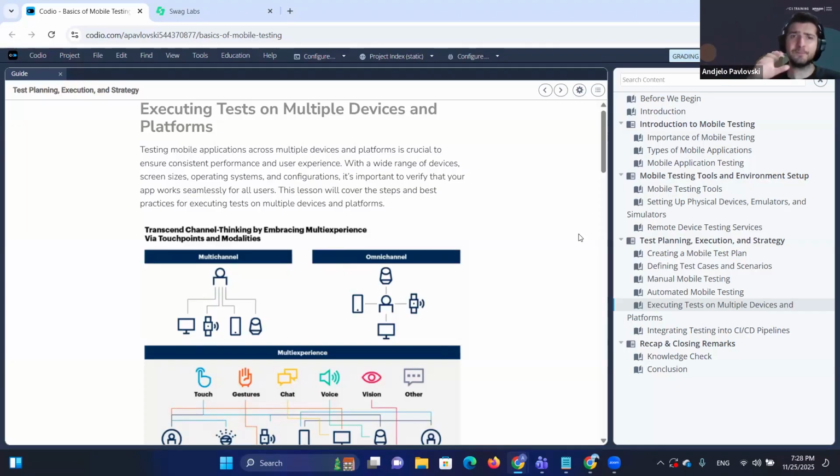Now, that doesn't mean that you have to take 15 devices or all devices possible for the application to work, but you should have a good amount that kind of solidifies the quality of the application. Now,